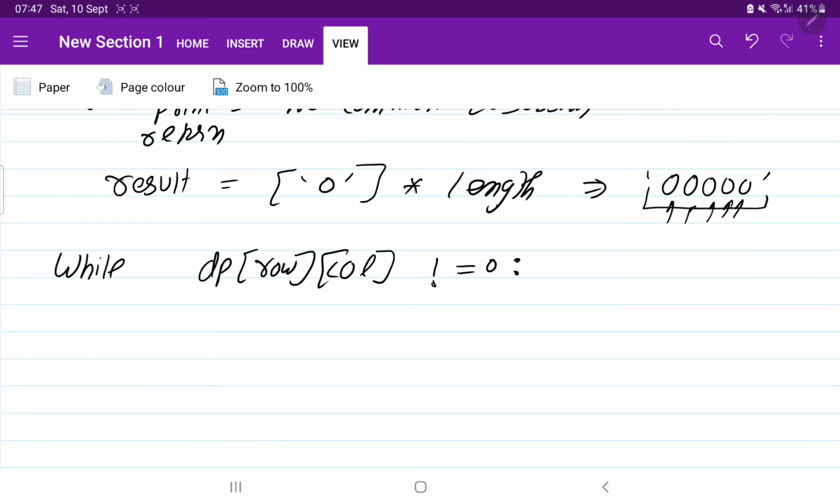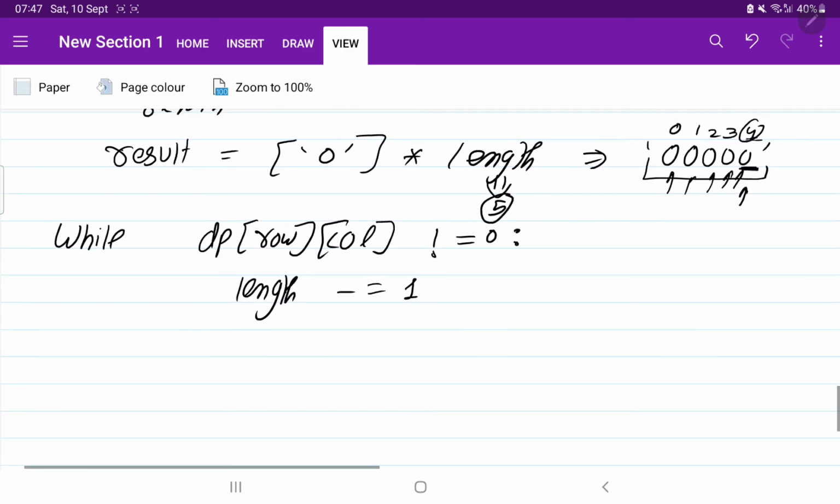Suppose the length is 5, but to reach this element it will be index 4. So I am going to write length minus equal to 1, decreasing length by 1, because I need to reach that index.